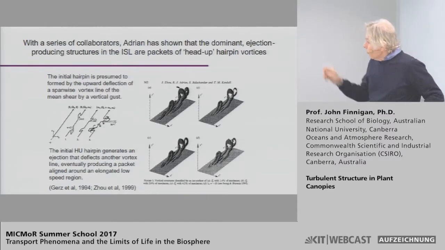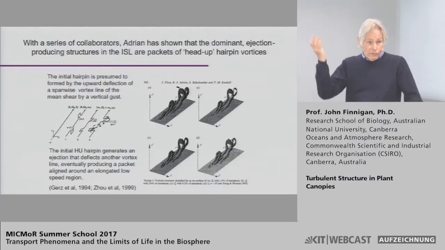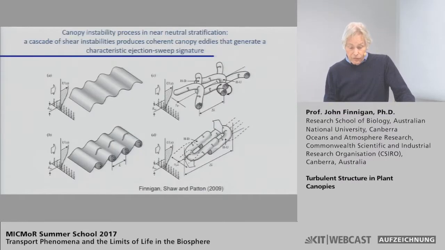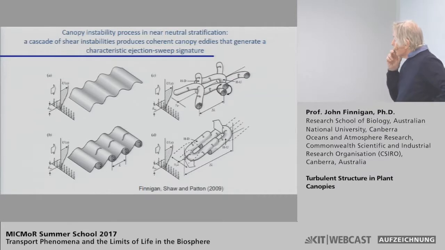We're not particularly interested in that for our purposes, but that's what we expect as we move away from the surface, that we won't get vortex pairs, we'll get a dominance of head-up vorticities. But in the canopy,